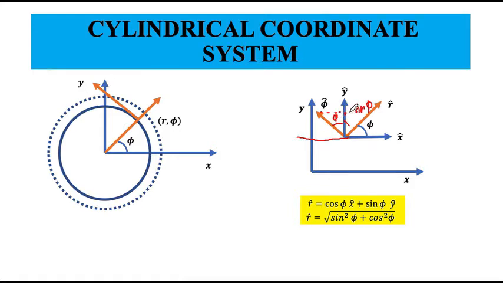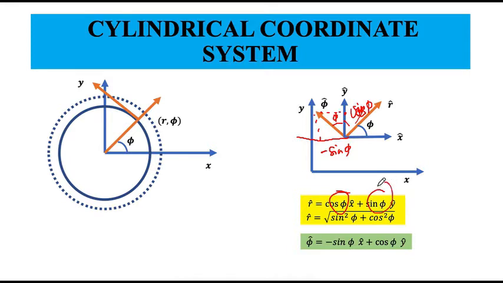It's 90 minus phi is phi. And along the x axis it is, sorry, this is my sin phi, this is my cos phi, and this is in the negative direction, so it is minus. So phi hat can be written as minus sin phi x hat plus cos phi y hat. So I talk about this particular thing that the r vector along x is cos phi, along y is sin phi.